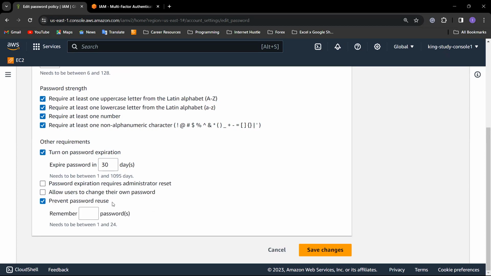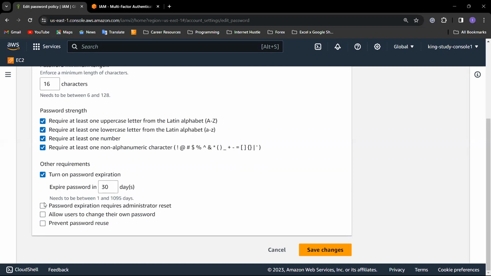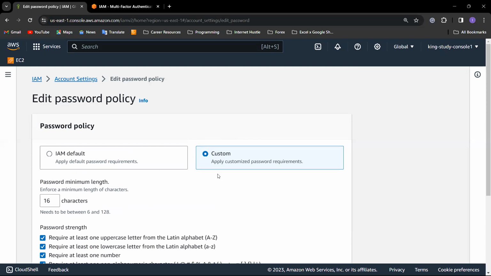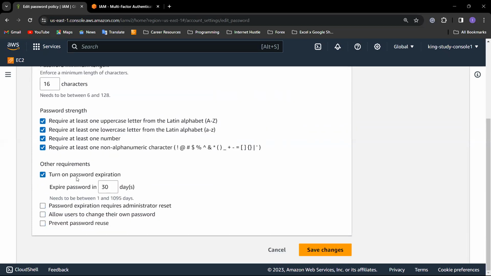To prevent password reuse, right? So you can just do, let's say, 1. So it means that the password can only be used just once. You get it, and then you cannot use it again, right? So that is also about the IAM policy. So immediately you can create this. So let me